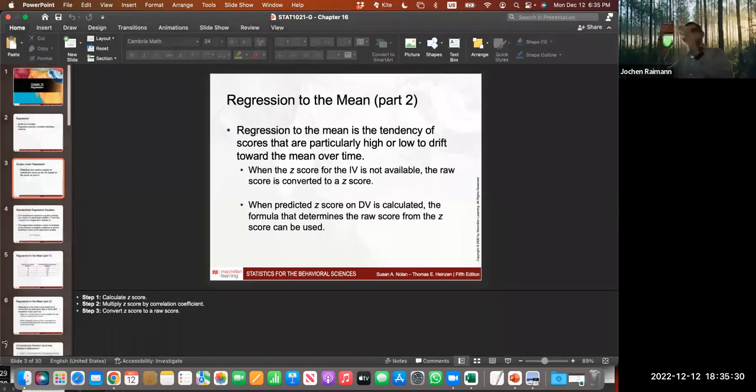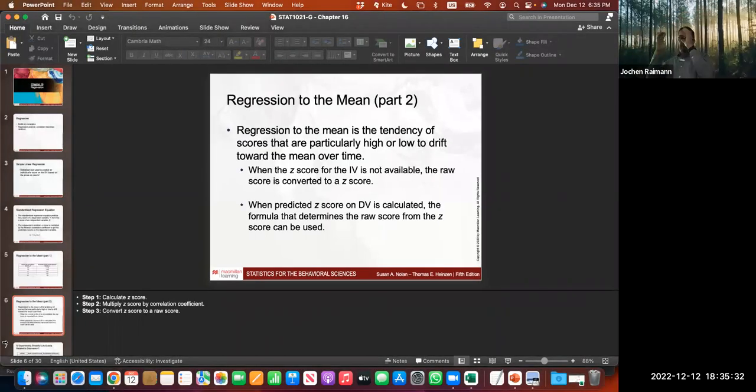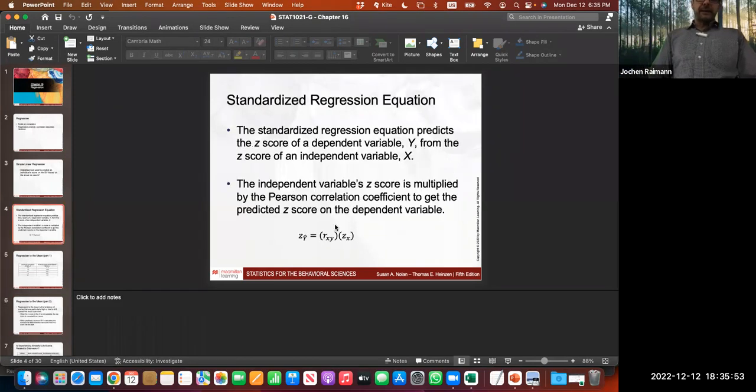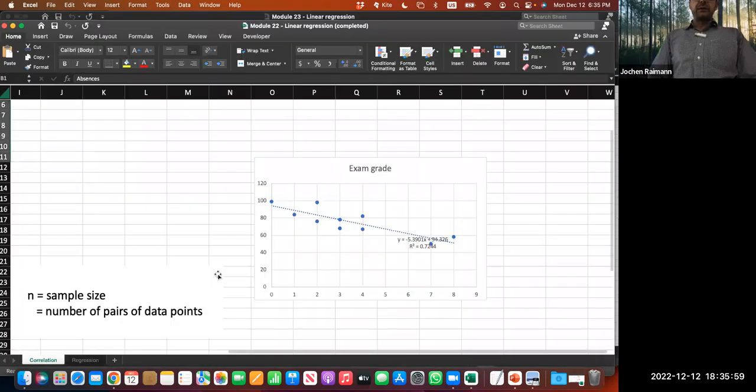Okay, so keep in mind, we calculated the correlation coefficient last time. We have a regression equation, which is nothing else but a line function. We want to find out what this line function looks like, and we want to use it to predict y using x. And knowing this association between set x and set y through the correlation coefficient, we can actually utilize now